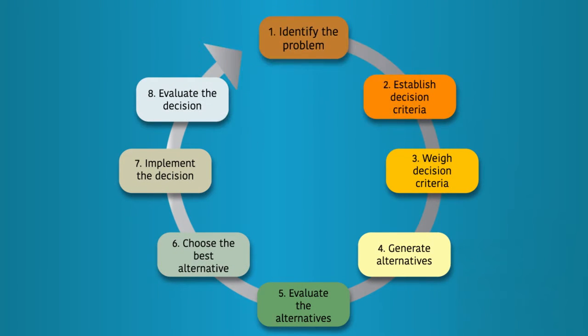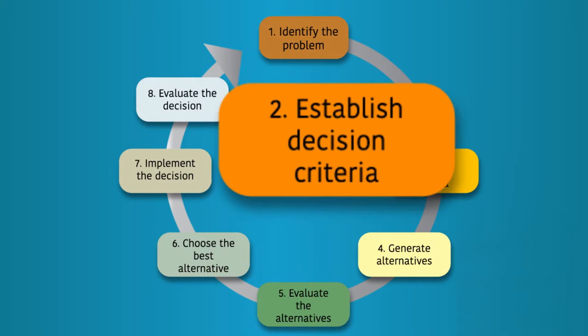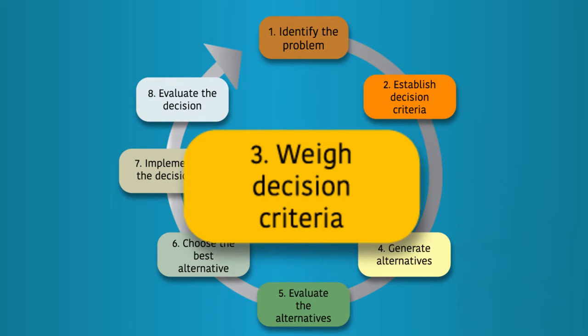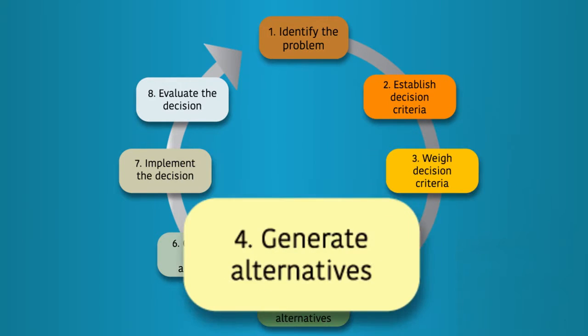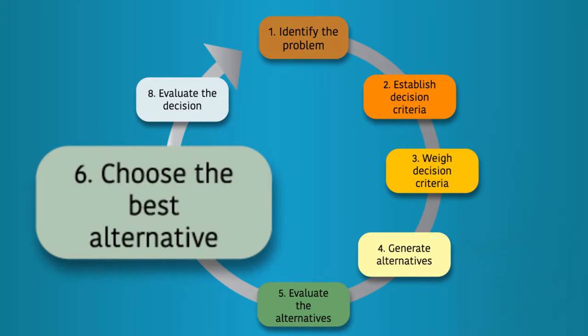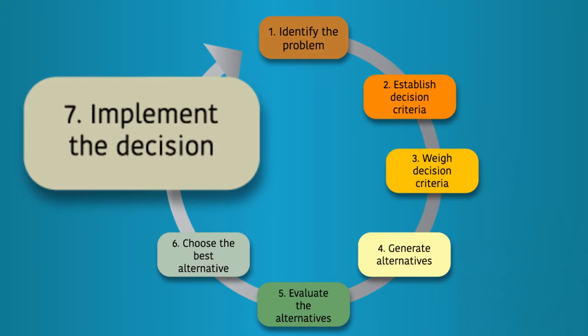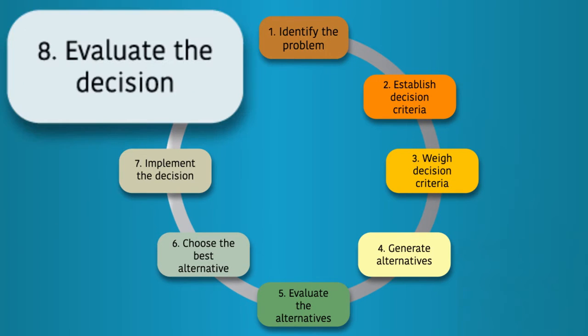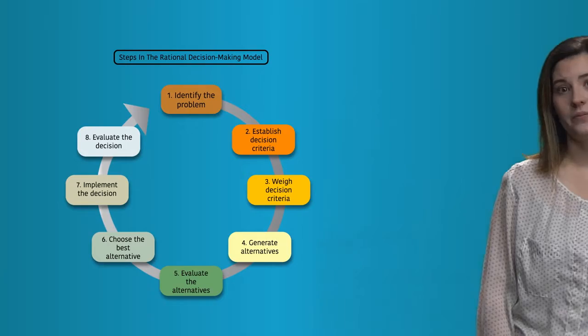1. Identify the problem. 2. Establish the decision-making criteria. 3. Weigh the decision criteria. 4. Generate the alternatives. 5. Evaluate the alternatives. 6. Choose the best alternative. 7. Implement the decision. And 8. Evaluate the decision. Let's imagine that your old car has broken down and you have enough money saved for a